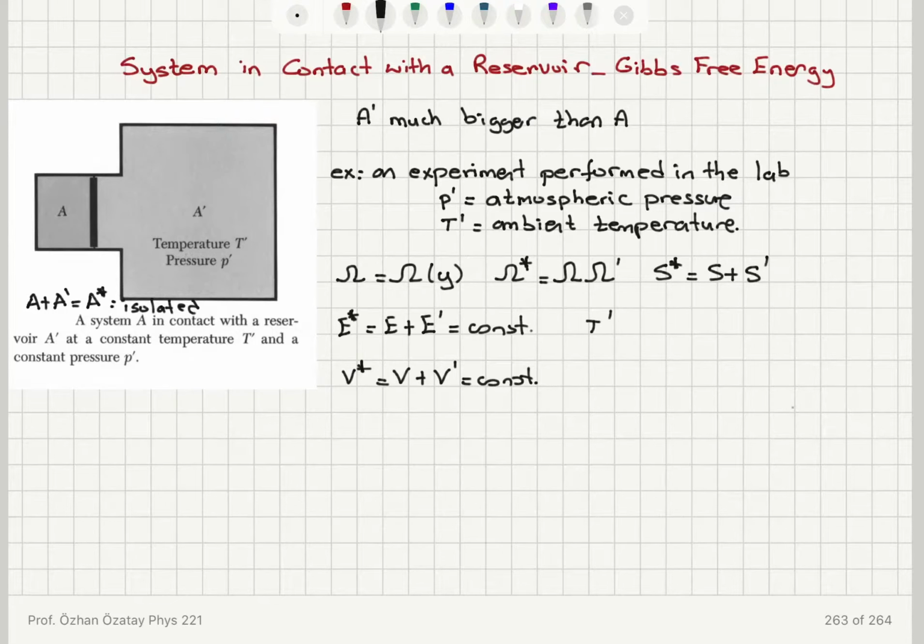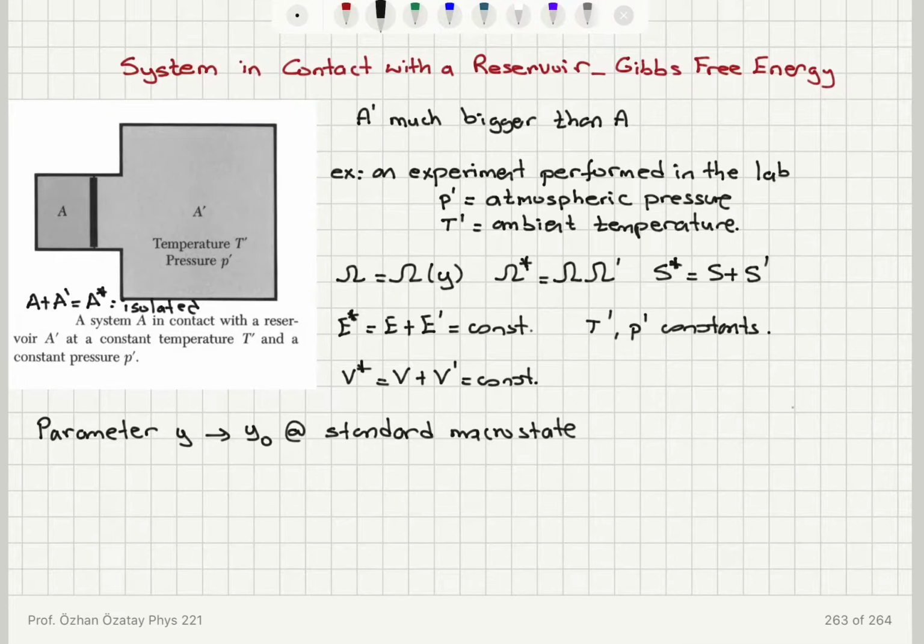And T prime and P prime, because they are macroscopic parameters of a reservoir, are constants as well. The parameter y, the macroscopic parameter y of system A, has a certain value y0 at a standard macro state of system A,